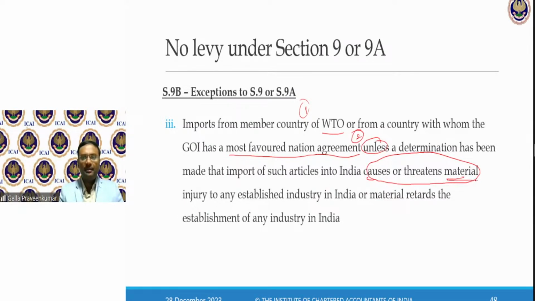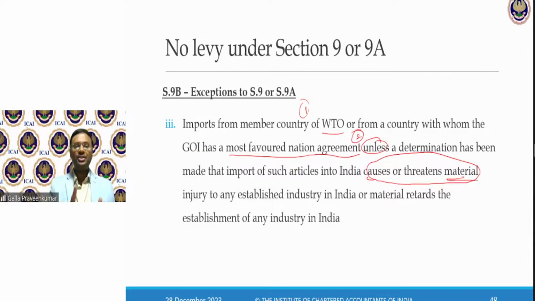There is a term called material injury to any established industry in India, or material retardation to establishment of any industry in India. So in general, for any countries of the World Trade Organization or most favored nations, I don't levy anti-dumping duty or countervailing duty.